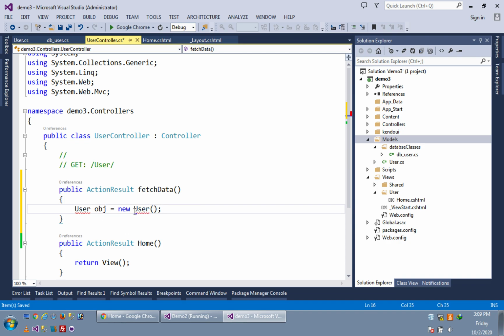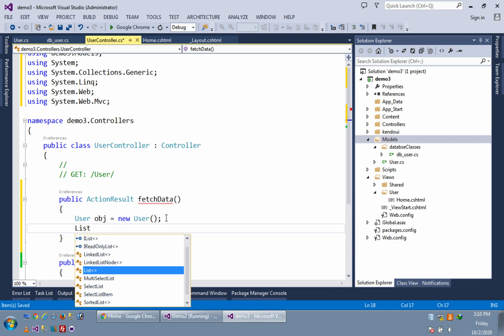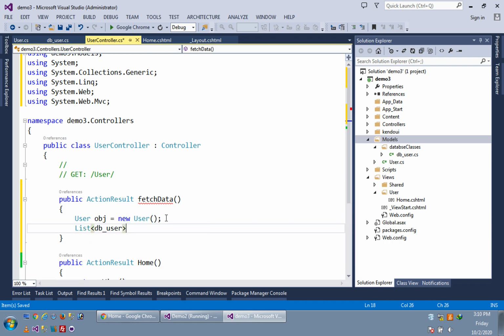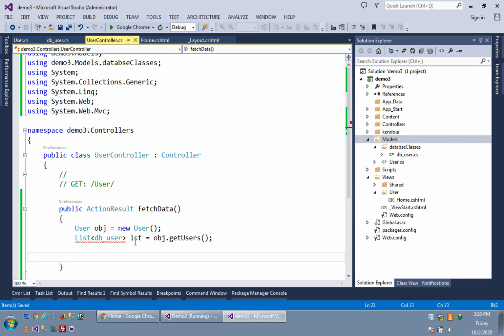I have to include its namespace. One more thing I have to create here is a list of DB_user, and we have to import this also. lst is equal to obj.GetUsers. These things we have already done. And here what do I have to return? I have to return this lst in JSON format.